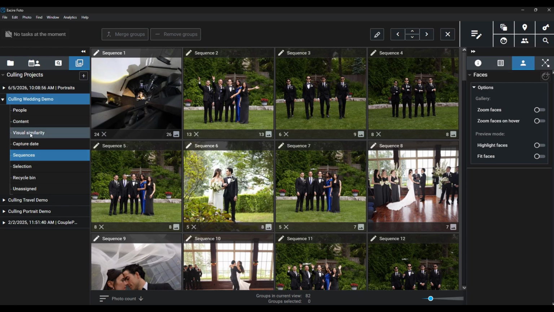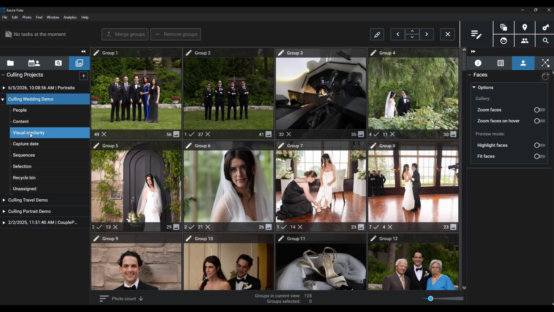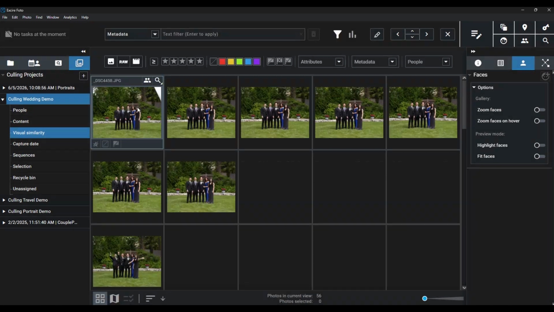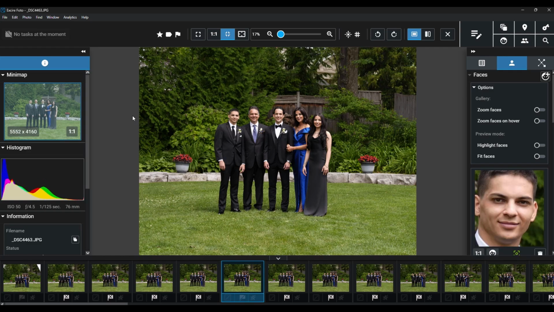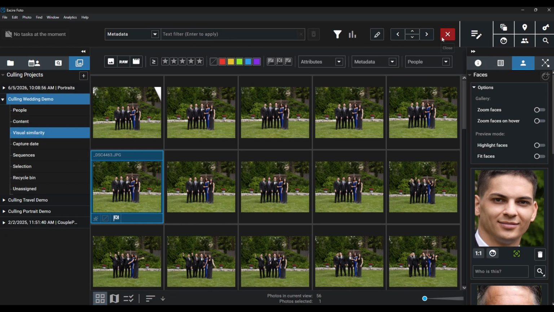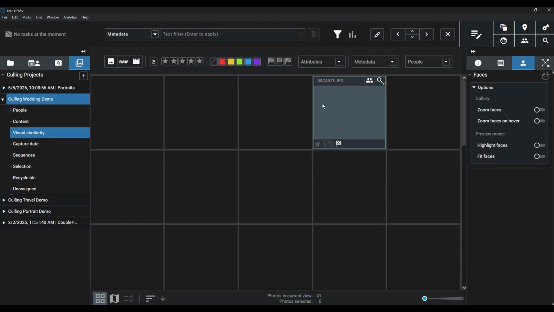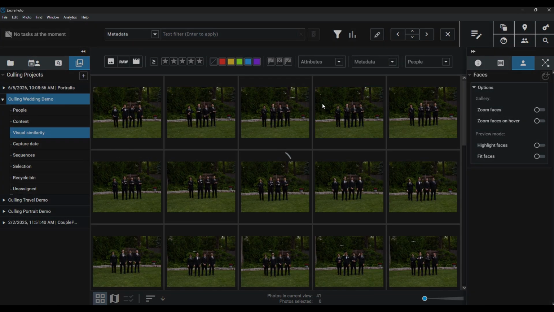So, you could go back to visual similarity here, and you could come in, quickly look through this first group, and you could step through. You could hit P on your keyboard to add a pick flag. You could hit X on your keyboard to add a reject flag. And then once you're ready, you can move on to the next group. You can go through that, the next group,